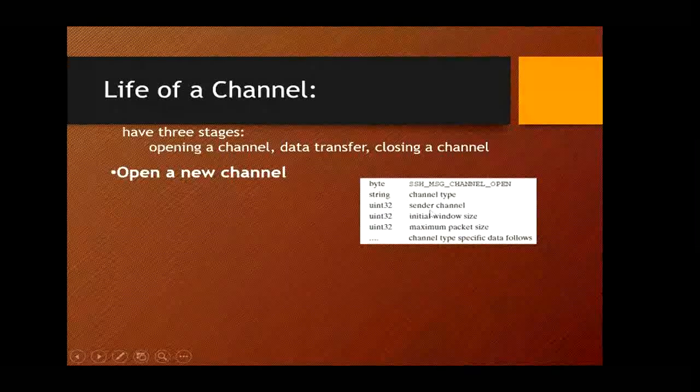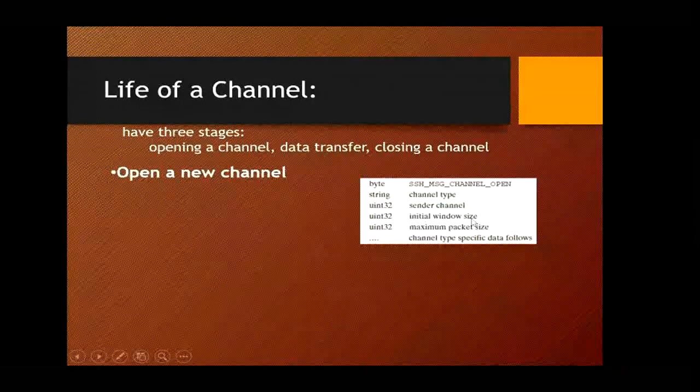Next, you have the channel type, which will identify the application for the channel. Then you have the sender channel, which is the local channel number. Then you have the initial window size.